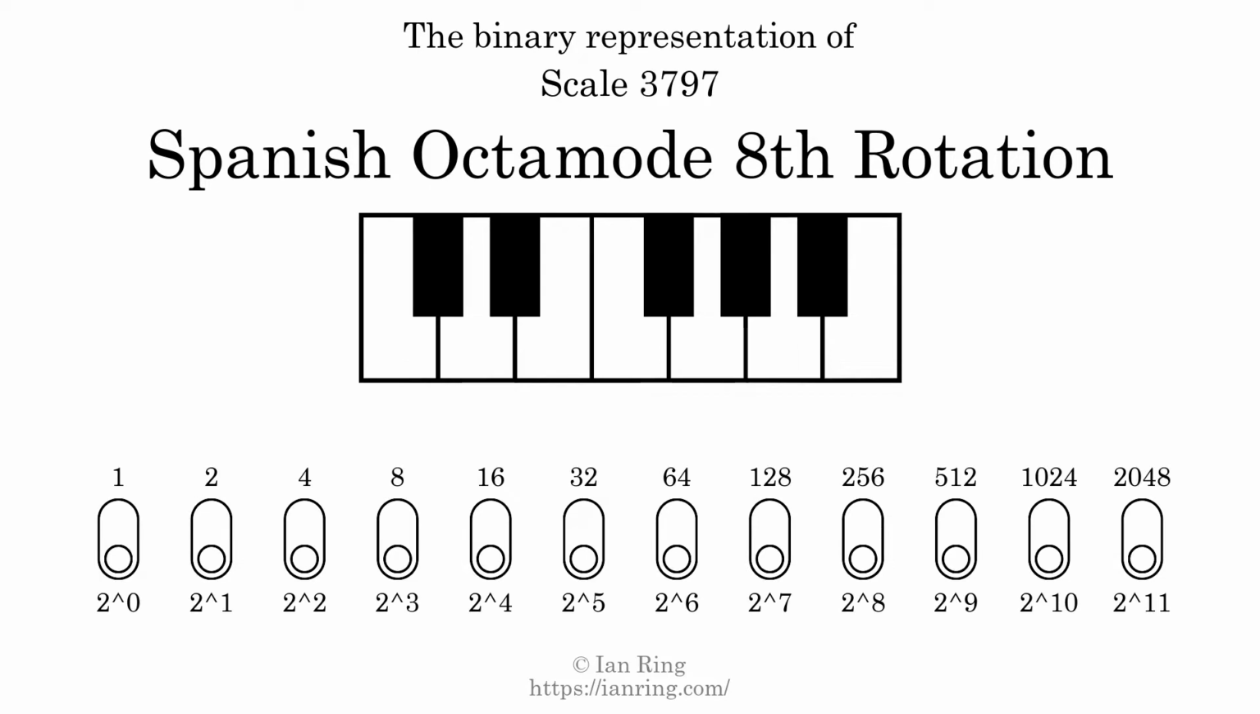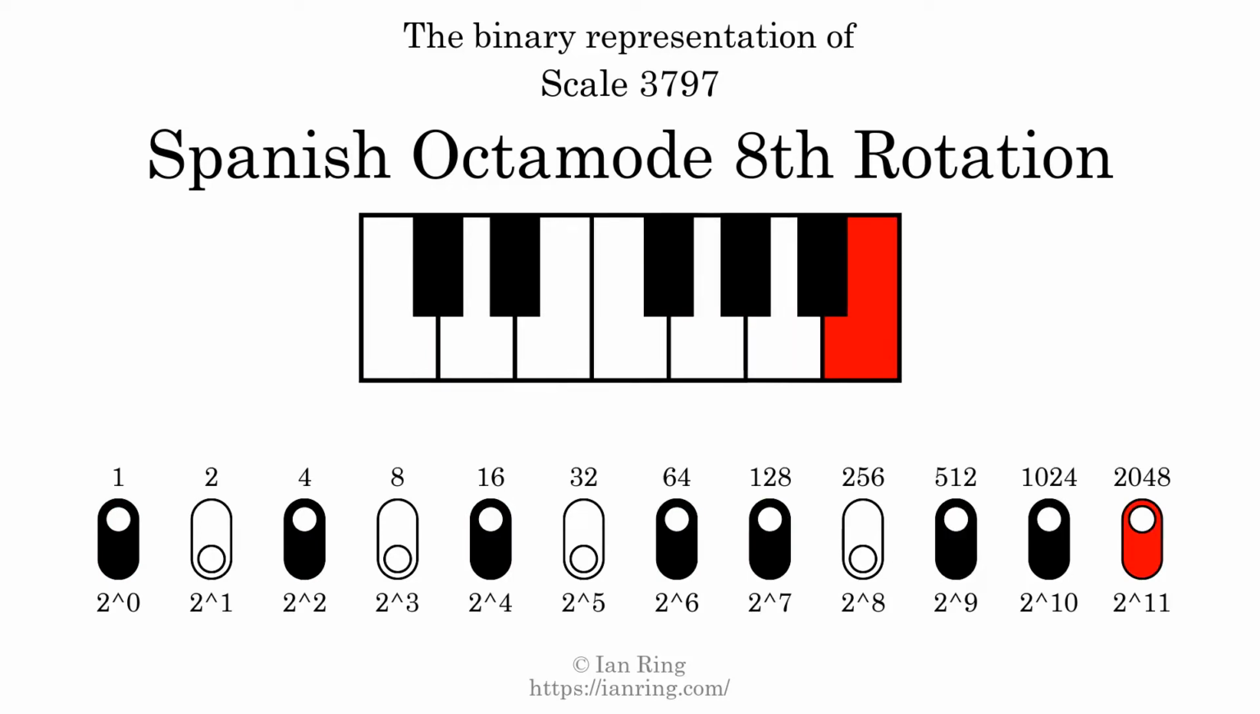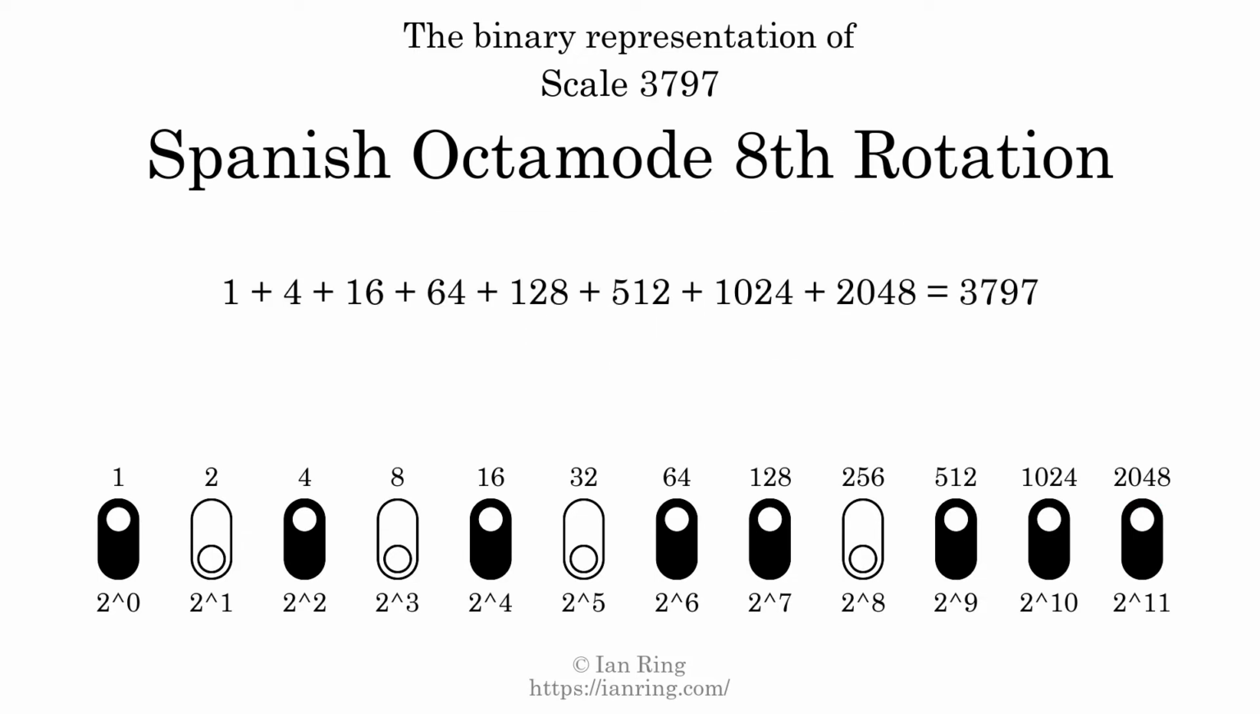The binary representation of this scale is determined by mapping tones of the scale to binary digits. Each binary digit represents a power of 2. To get the scale number, we add the powers of 2 together. The powers of 2 that are present in the scale, all added together, equals 3797. That is why the scale number, in decimal, is